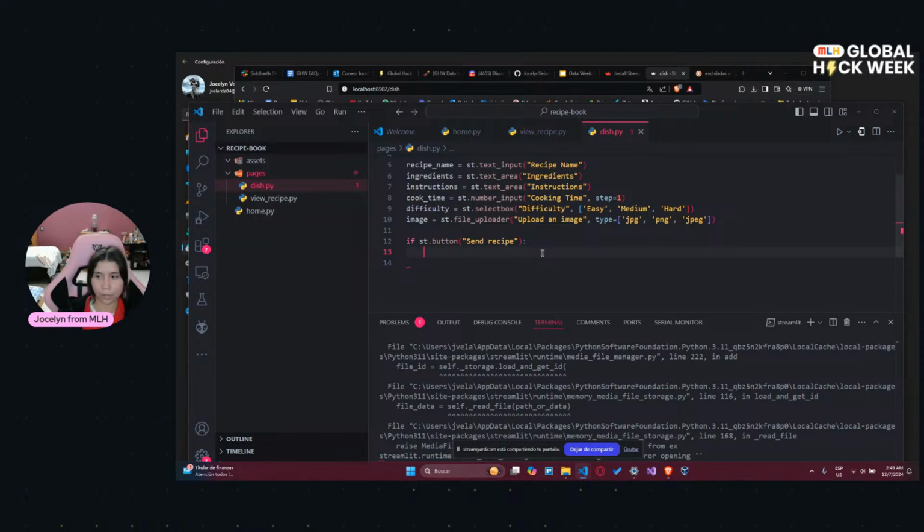So recap of what we're doing here, we're checking if the state of our button is clicked. If that happens, then we're going to check if these three fields have information, and then we want to display a success message if it was sent correctly. And in case the user did not add any recipe name, ingredients, or instructions, then I'm just going to display an error message. So let's see how this actually